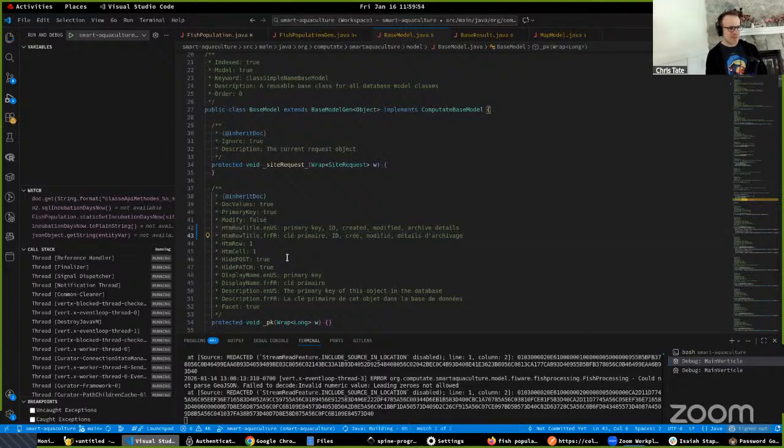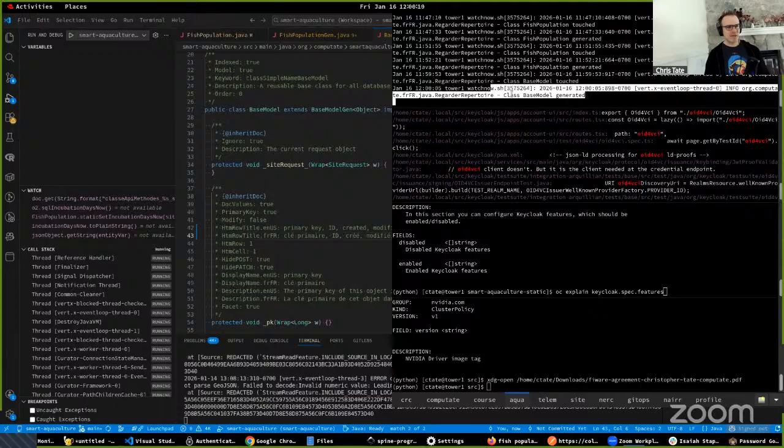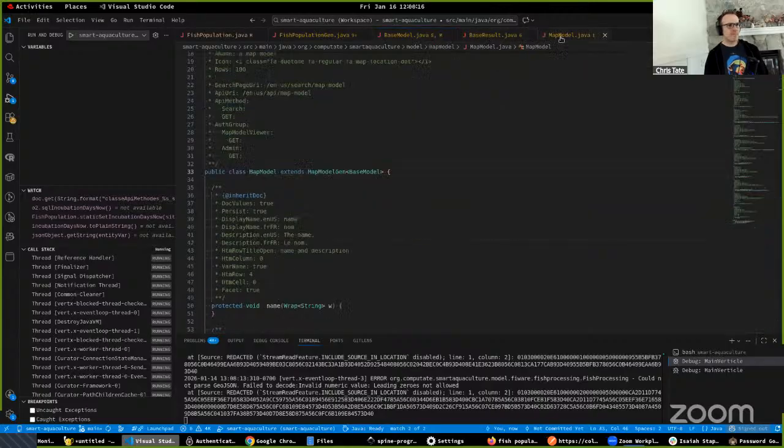So we save this, and then notice here, the spine programming watcher notices that the base model was touched, and so it's going to regenerate some code. And now the base model has been generated. The code for it has been generated. Now, map model extends base model, and map model has this HTML row title open. So I'm going to do